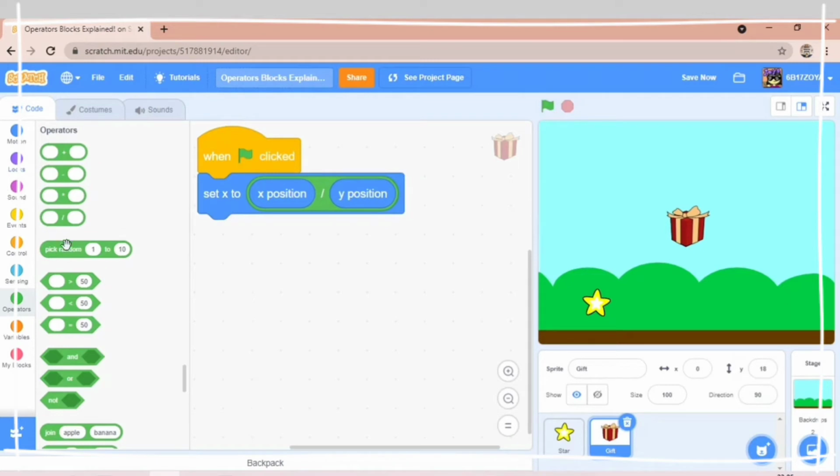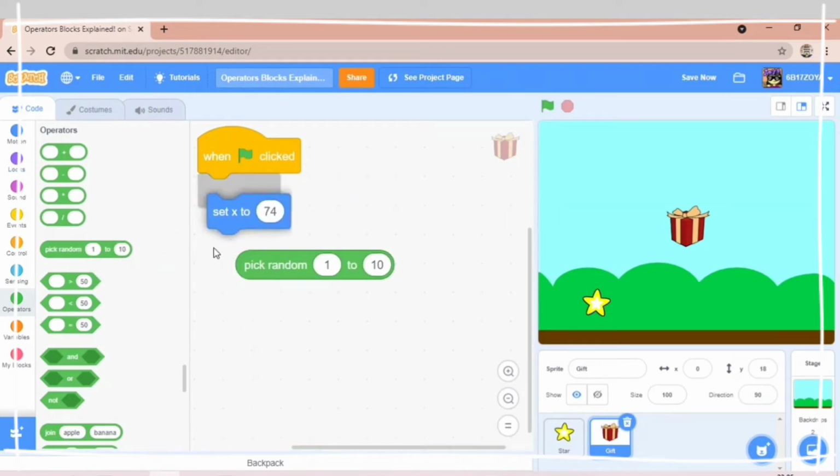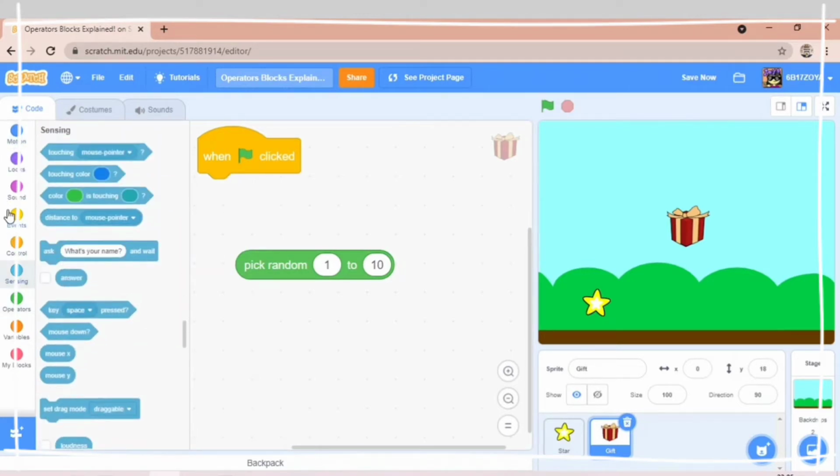Okay, now pick random 1 to 10 or any number. Now this is mostly used for doing costume changes or calculator games.